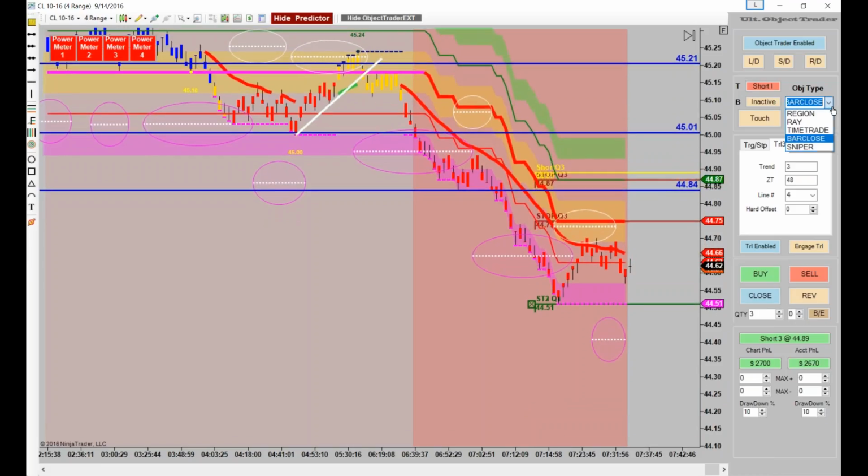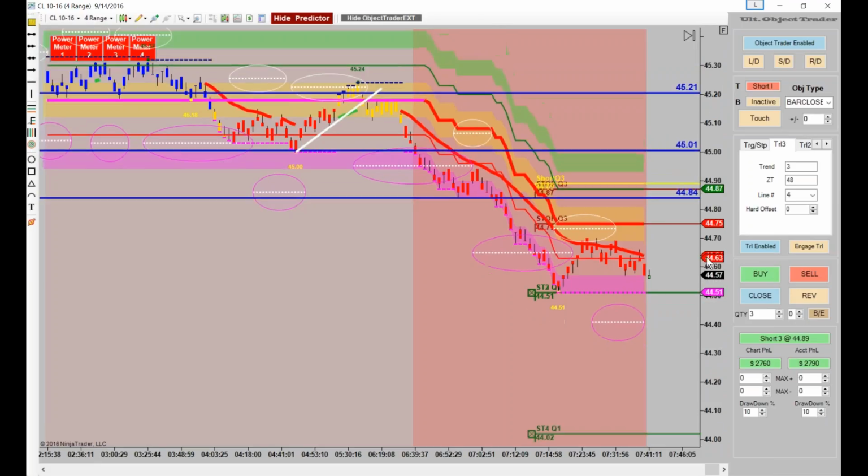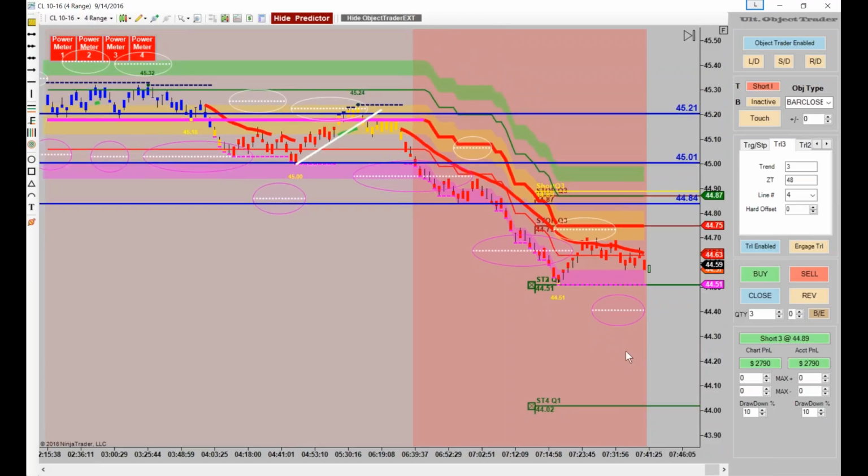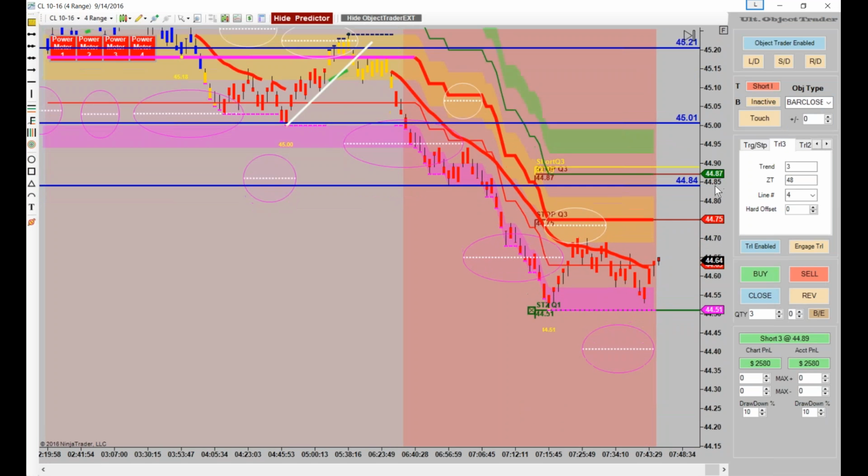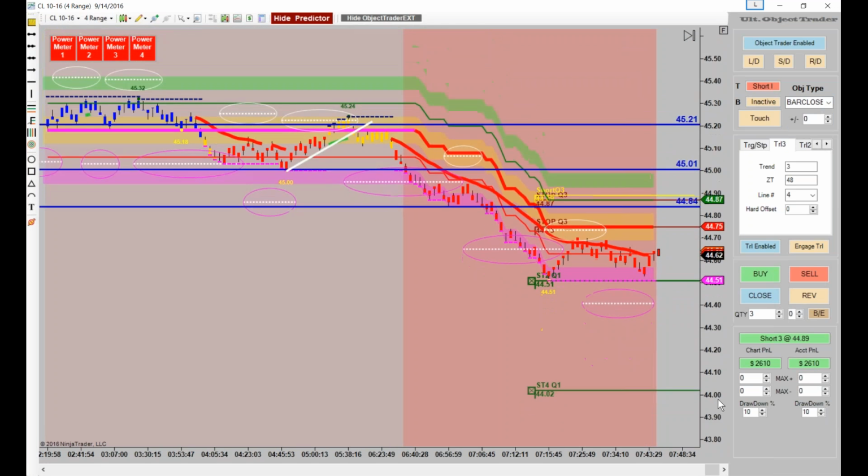Now that's 2 of the things on the object types that I'm teaching right now, region and bar close. I'm going to show you ray in just a couple of minutes. We'll do a ray trade. We're leaving our runner. Nice. We want to try to take some profit on this. That may not go. It didn't quite get down to the low, did it? And we're in 3, so